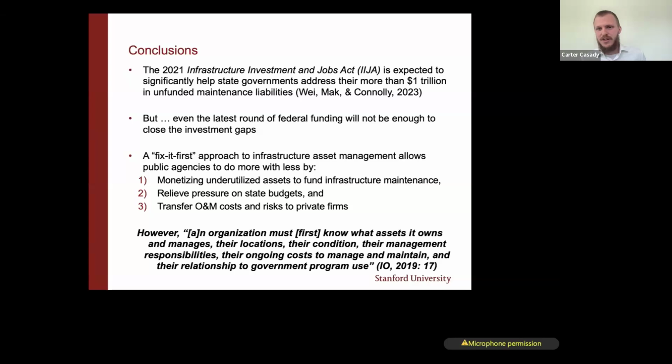And so I'll end by saying, all of this really starts with organizations knowing what assets they own and manage, locations, conditions, management responsibilities, ongoing costs, and the relationship to the overall programmatic objectives of the government. So that's all easier said than done, right? But those are the critical criteria as part of the steps in the asset management approach that I just outlined. And so I think if we can move in that direction and get a little bit more sophisticated about our maintenance strategies, we'll do the country a great service and start to address a lot of these deferred